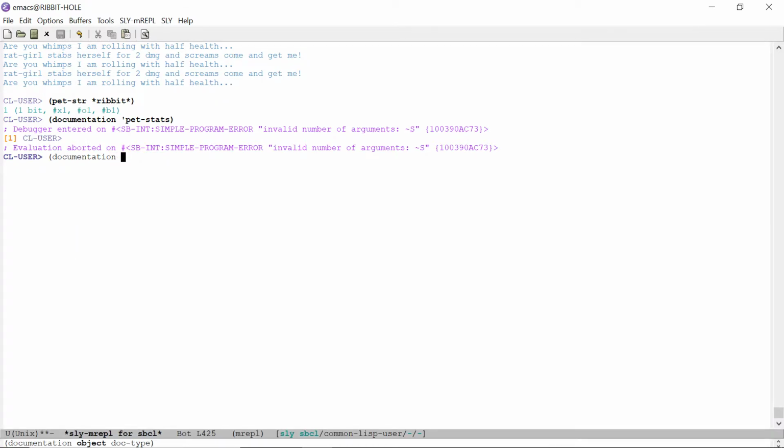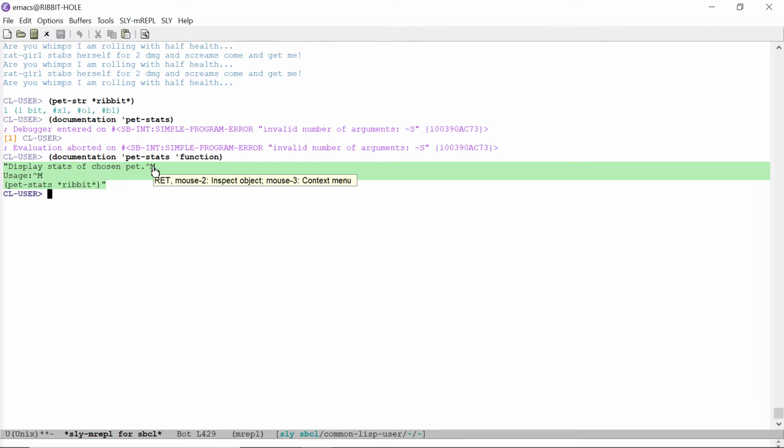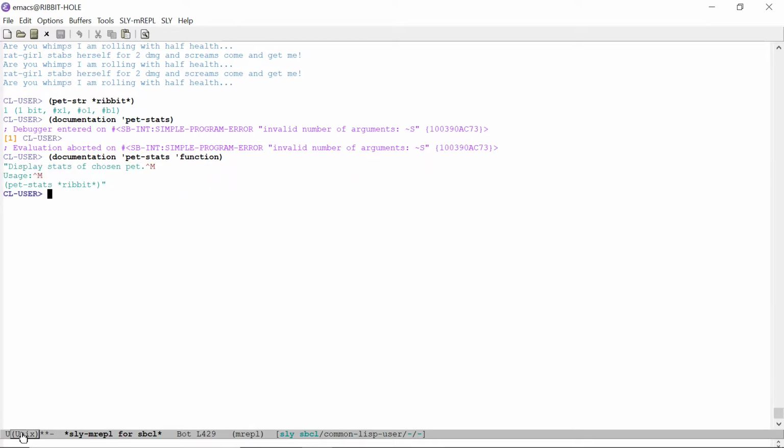Documentation. It says at the bottom down here, documentation object doc type. So I think my object would be pet stats, and doc type might be function, you think? So if I say function, consider a function, okay. So display stats of chosen pet, Control M, usage, Control M, pet stats, ribbit. These Control M's right here, these are Windows like returns. So that's all this is. So this just means that maybe because I'm in Unix right now,